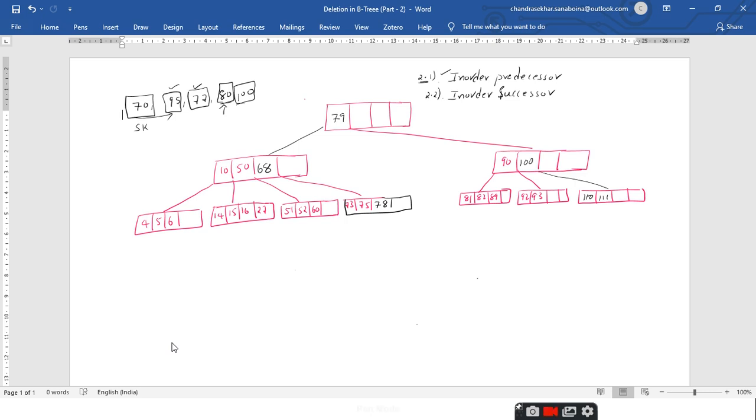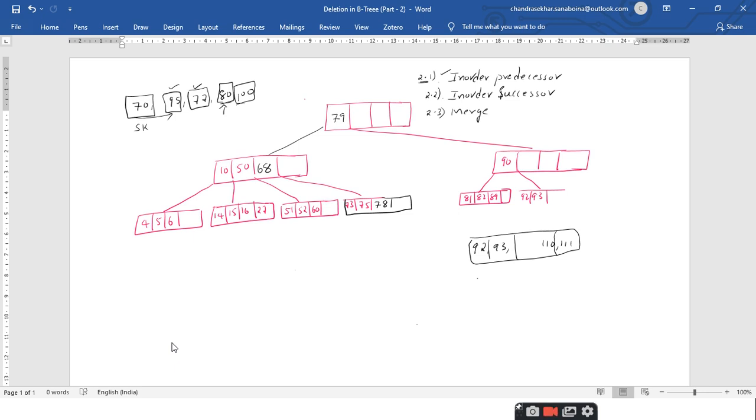The case 3. What is the case 3 we have done? We have to perform merging, sir. A merge operation. Listen carefully. So how do you perform the merge operation? You place the left hand side elements and you place the parent node and you place the right hand side elements and then you delete this element. So a node should be created with both the left hand side elements and the right hand side elements. So this is the node that is created. So this 100 is removed here.